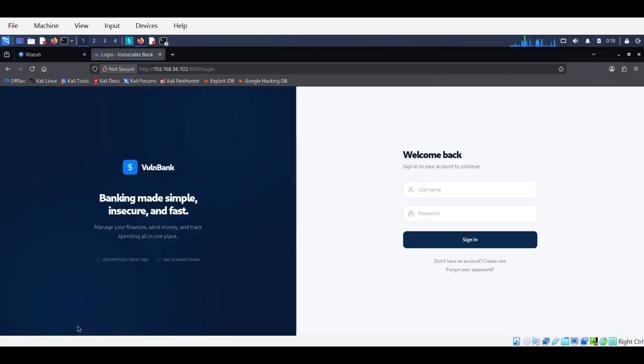We placed loans from Boyman 1 to 3. So I'll be approving those loans as a staff of VulnBank. For me to be able to approve those loans as a staff of VulnBank, I should be able to have the admin password. So for me to be able to log in as admin, I'll be inputting an SQL injection code to gain entry